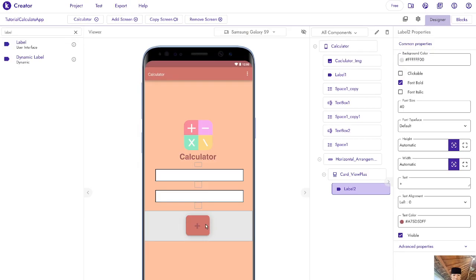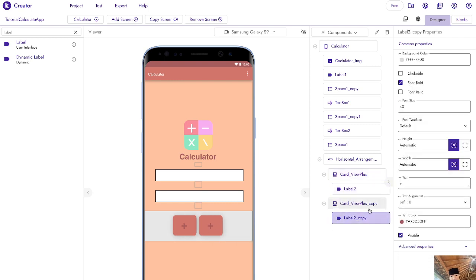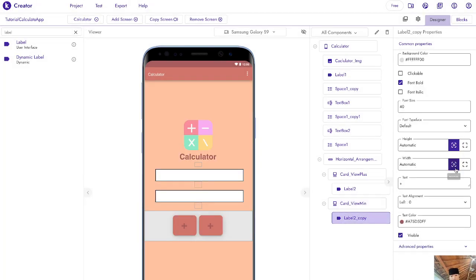Second thing, we're just going to duplicate this and change from plus to be minus. And change the label here to be minus.